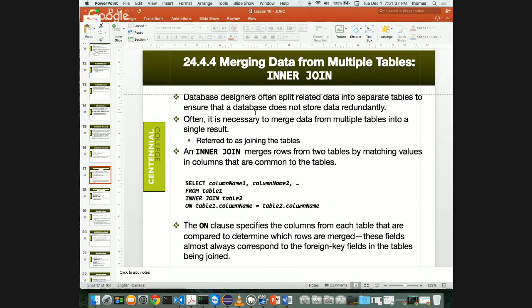Again, it says database designers often split related data into separate tables, player and game is a good example. And it's necessary to merge data from multiple tables into a single result. This is referred to as joining tables together, inner join. What we do is merge rows from 2 tables by matching values in columns that are common to the tables. So an example would be select column 1 and column 2 from table 1, inner join table 2,